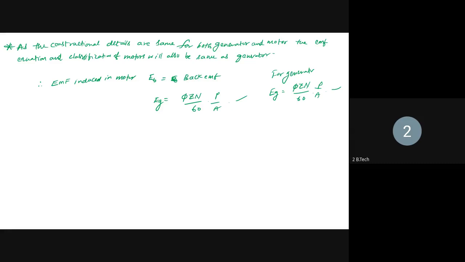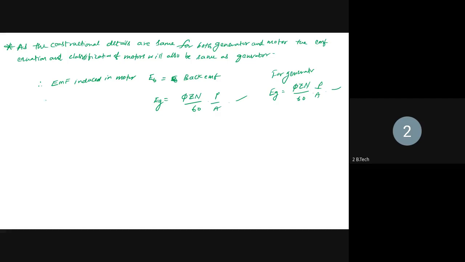It is the basic classification based on the excitation, right? And in self-excited, we are having shunt, series, and compound. And in compound, we are having cumulative compound and differential compound. In both the cumulative compound and differential compound, we can make two connections: long shunt connection and short shunt connection. This is the classification of generators. The same will be the classification of motors as well.